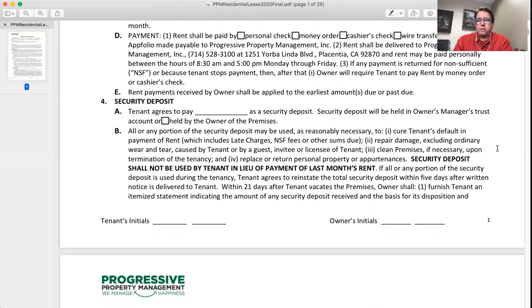Security deposit. So in the state of California, your security deposit can be 0. If it's an unfurnished property, it can be up to 2 months' rent as a security deposit. Typically, that's going to be held by us, the management company, but it could be held by the owner. And this says exactly what your security deposit is going to be. This would be the amount of money we hold in our trust account for you.